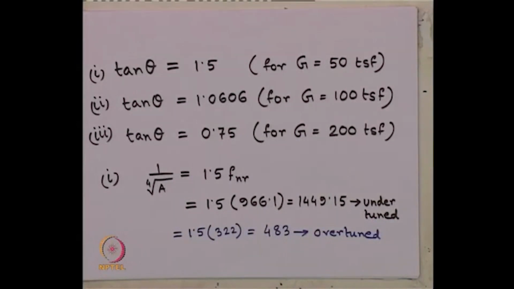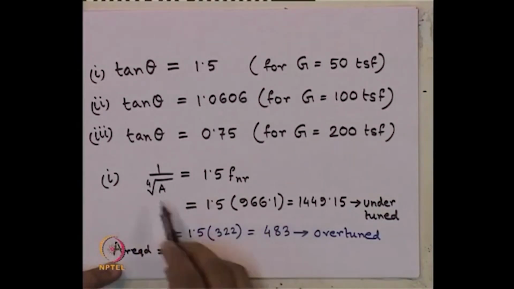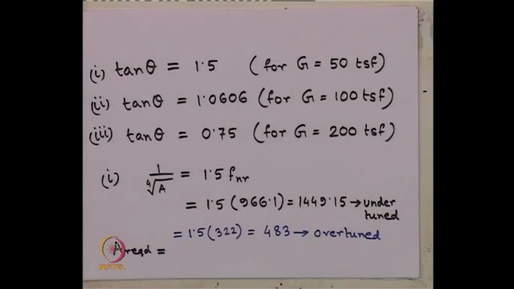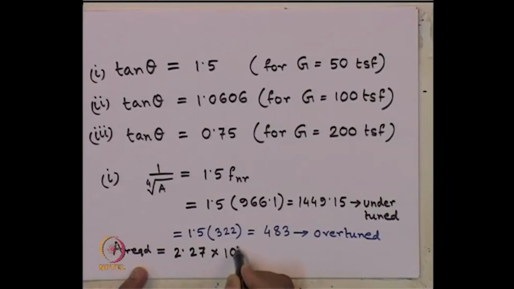So, from this what we will get? A required, because Tschebotarioff's chart or Tschebotarioff's equation will give us A required. If we use this, how much are we getting? 2.27 into 10 to the power minus 13 feet square